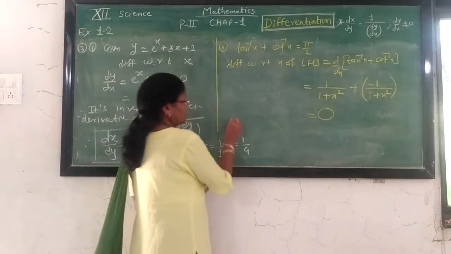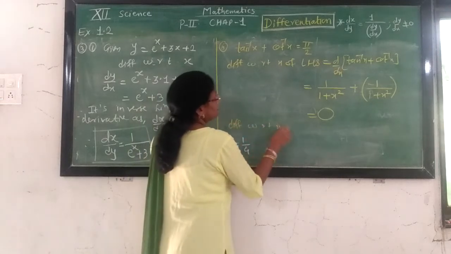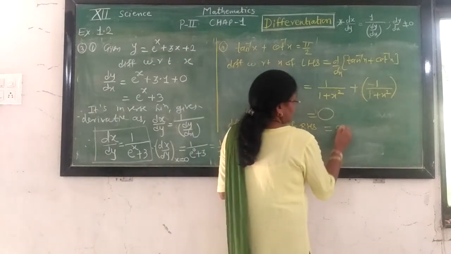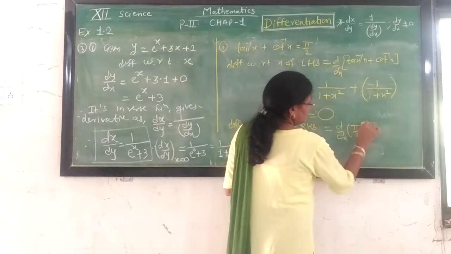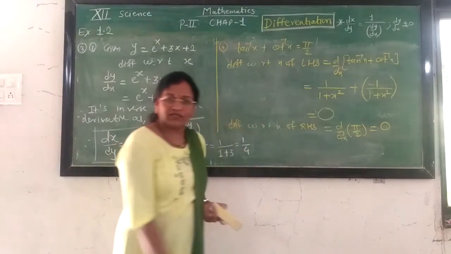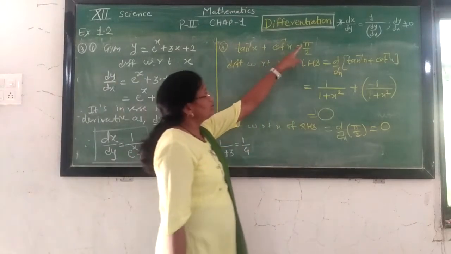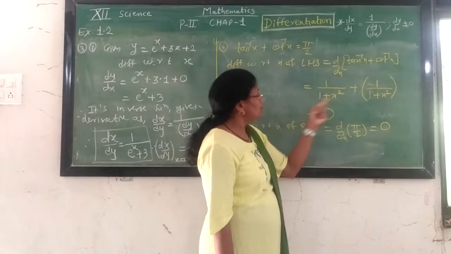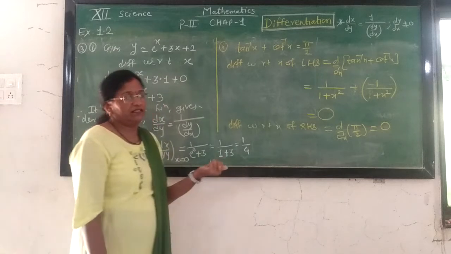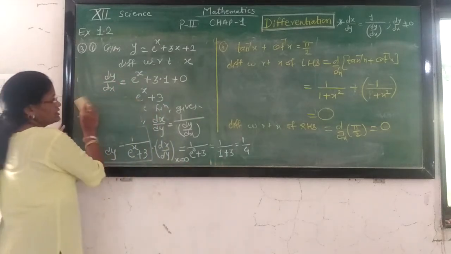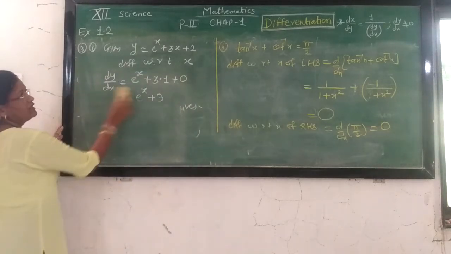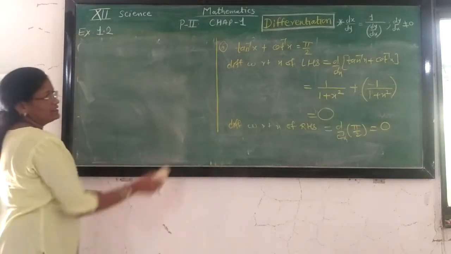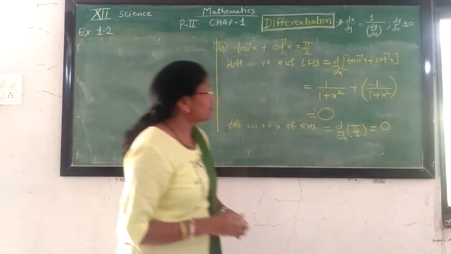Finding their derivative. Now differentiate the RHS with respect to x. The derivative of the RHS means d by dx of pi by 2. What is pi by 2? It is a constant, so its derivative is 0. The derivative of pi by 2 is 0. The derivative of the LHS, that is tan inverse x plus cot inverse x, is equal to 0. So by using derivative, we prove that the derivative of tan inverse x plus cot inverse x is nothing but the derivative of pi by 2, and that value is 0. Actually, this is a result from trigonometry.